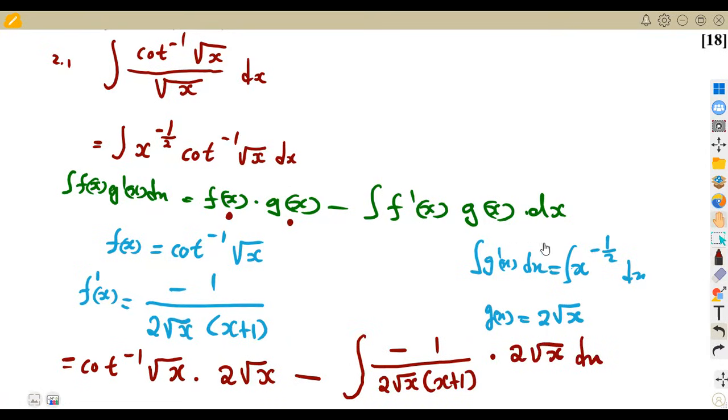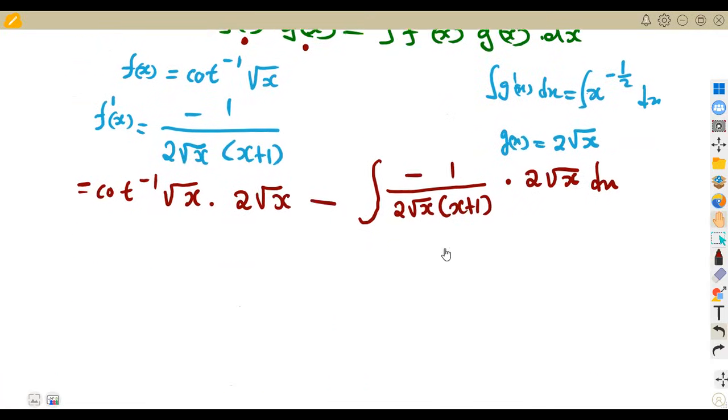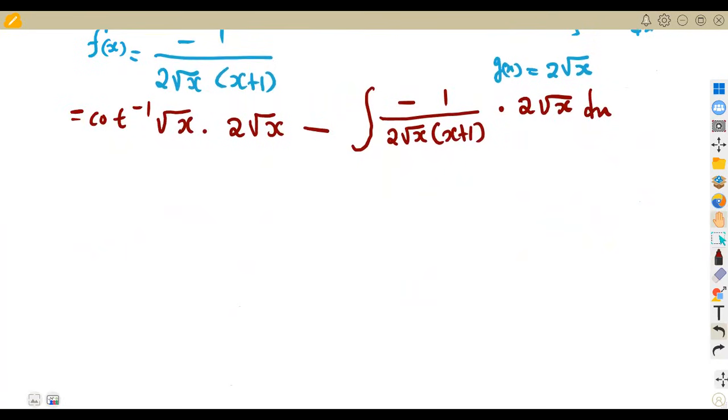Whatever happens later on is up to that question. Our part was to apply the by parts formula, and we applied it. This is what we have. So let's simplify and see what's going to happen later on, because we are supposed to simplify further and integrate